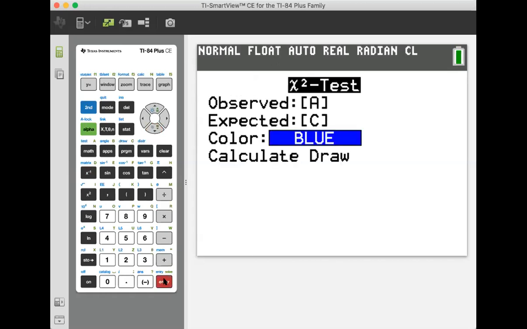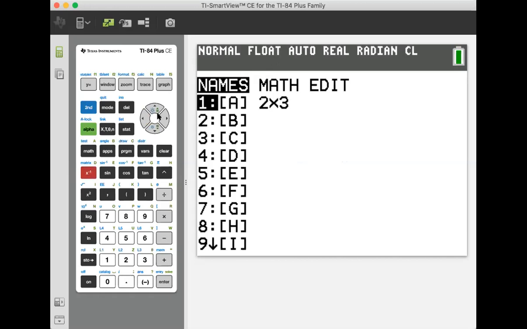And now C is there. But I would like for you to use A and B consistently. That way you never have to change this. You only have to set up your data every time you run it in matrix A. So let's change this back to B, second, X minus 1, down to B, 2,